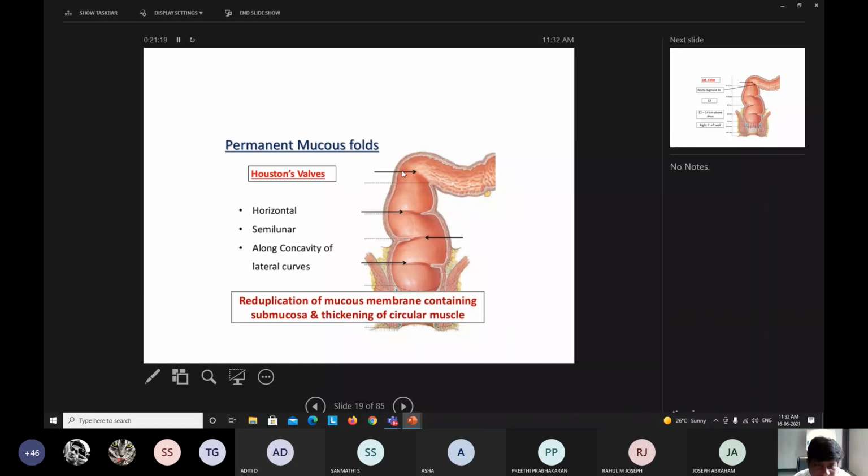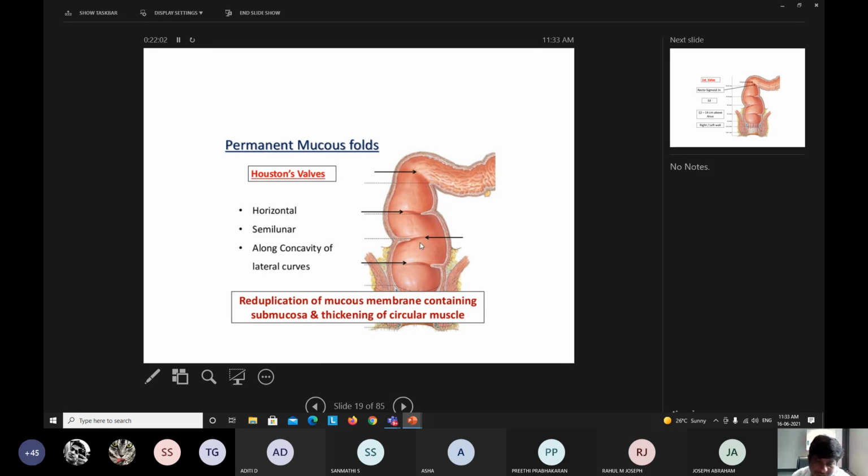They are four in number. Houston walls are four in number. They are horizontal; see, they are all horizontally placed. These are formed because of the thickening of the circular muscles of the rectum, and they are formed close to the concavity formed by the rectum. Here you see where the concavity is, the walls are present. Within this concavity, and here also you have concavity. In all these concavities you have the walls, formed by thickening of the circular muscle fibers.